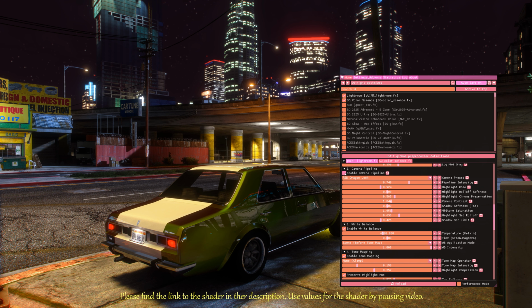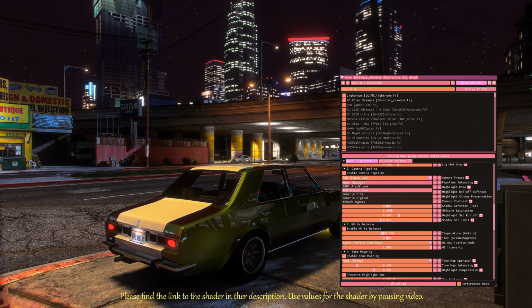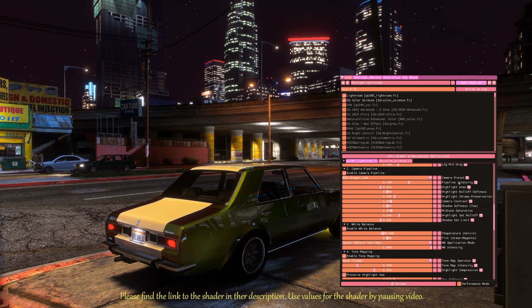Next, we have the camera pipeline section. You can enable or disable the camera pipeline entirely. I have included several camera presets, such as a red dragon inspired look, a generic film look, and other available profiles. These settings are designed from a